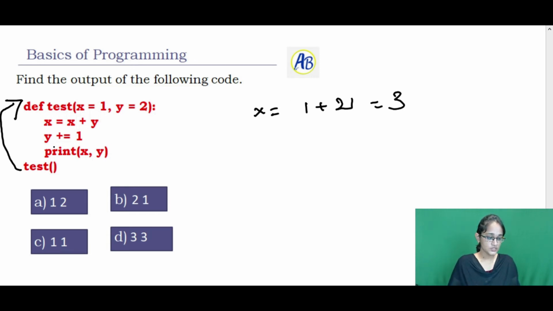Next it comes to the statement y plus equal to 1. My y value is 2, and 2 plus 1 is equal to 3. Now it prints my x and y, and I get an output where my x value is 3 and my y value is 3. So here the correct option is 3 and 3. B is the correct option.